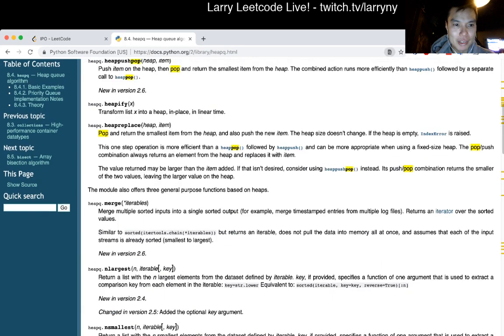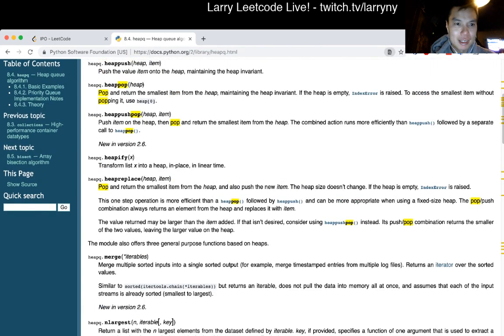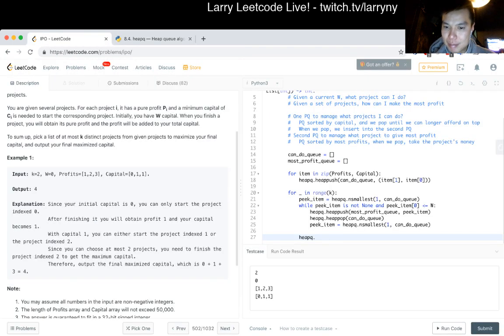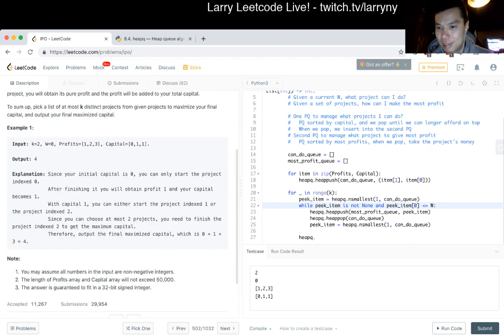Actually, that may be a little tricky. Yeah, okay. Because we want the largest and not the smallest. Wait, are these all positive? They're all non-negative. Okay. So if we put the same thing here, we actually want to sort by something else, right? So first of all, let's put this down.